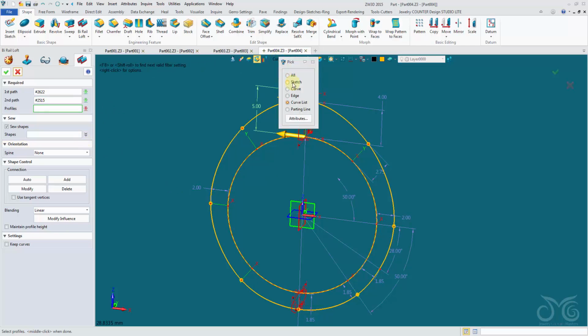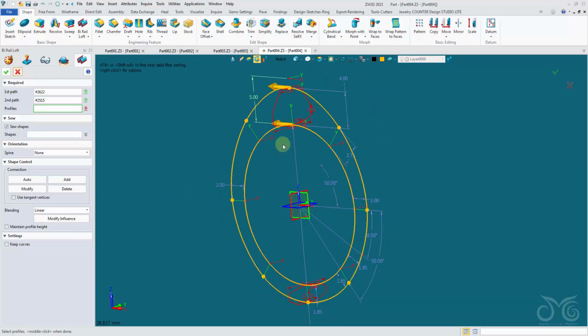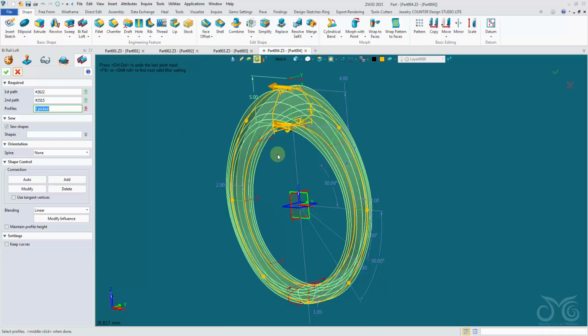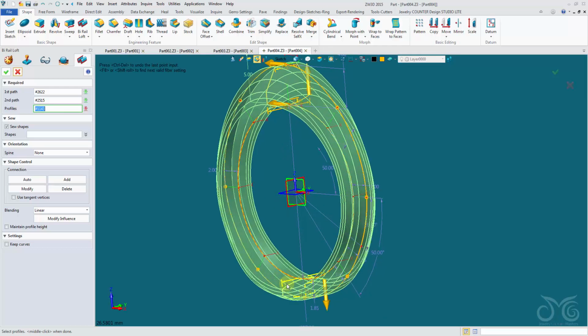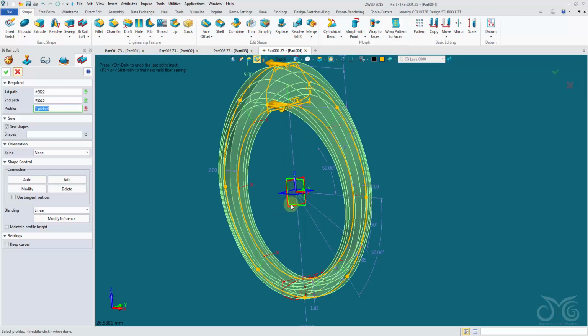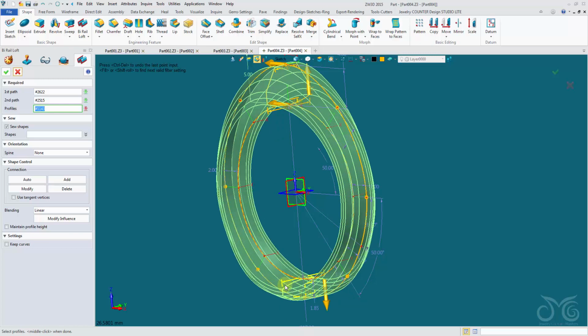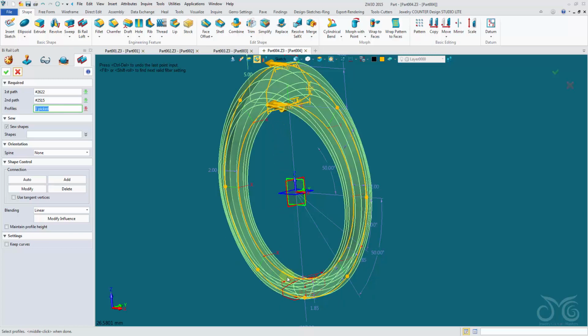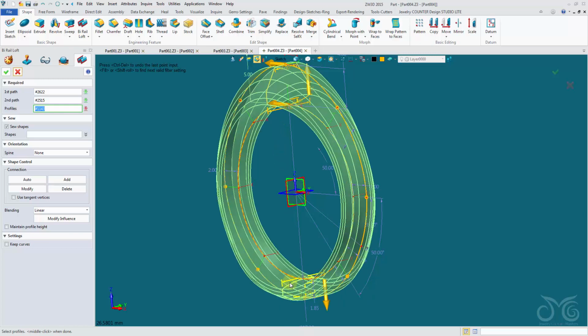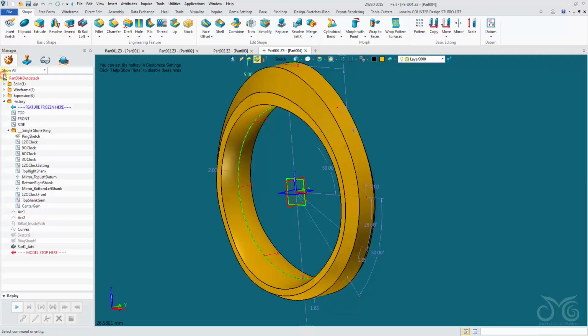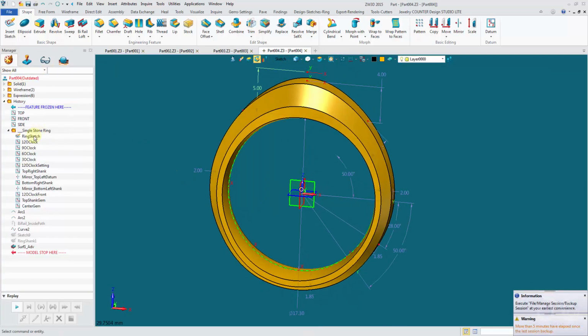Profiles are our sketches, and like before we pick them from the same points on our sketches. Now you'll see, even though I picked that side, it's going to change the location of our arrow. It doesn't matter as long as you're picking them at the same point and that our arrows correspond. As long as it is like that, then we have a good bi-rail loft there. Let's confirm the operation. Here's our bi-rail loft